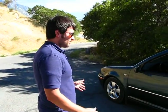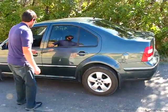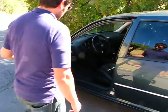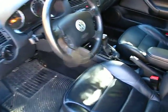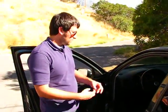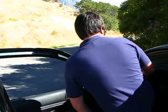Okay, so now we're going to do the walkthrough of the 2004 Volkswagen Jetta GLS TDI. Now this car is very sought after because of its diesel, but I enjoy it for many other reasons. First, you've got a full leather interior, which is wonderful. It's real leather, it's very nice and high quality. It tends to be of a higher quality than leather you'll find in many other vehicles of its price range. Got a leather wrapped steering wheel